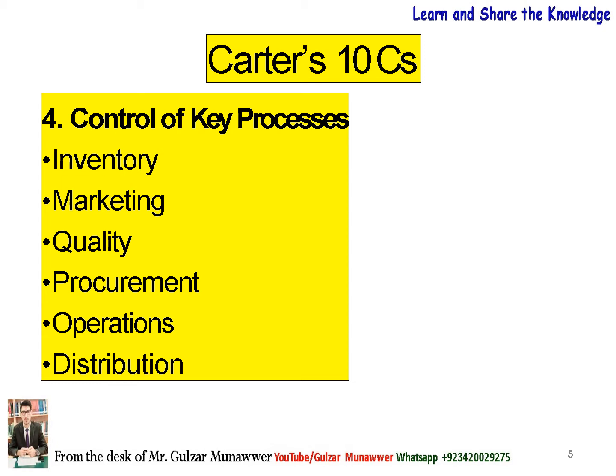For example, the government might pass new laws affecting how you produce your products or how the supplier produces their products. Will the supplier be able to handle such changes, or will you be forced to find another supplier? Ideally, you want a supplier who is capable of handling such changes with minimal negative impact to your organization. So, the control of key processes is very important when you are going to select a supplier for your organization.